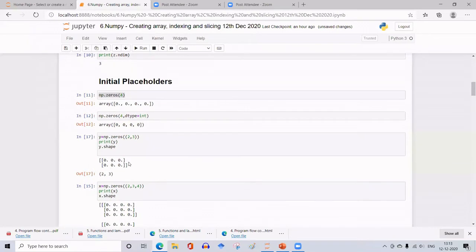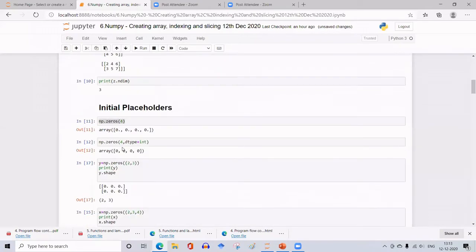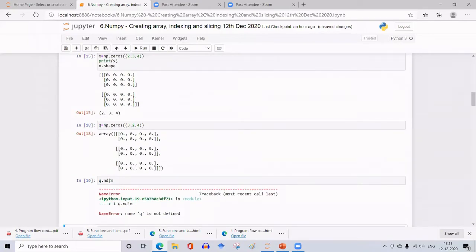How to get the dimension? z dot ndim, sorry, ndarray dimension.